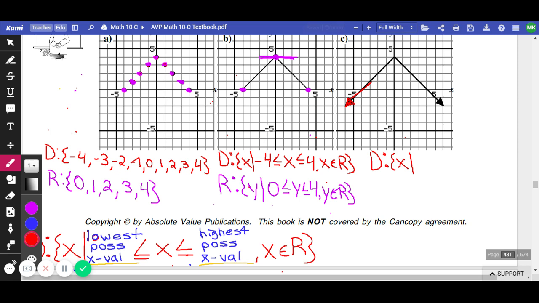And you would move on to the next spot, which would be x, and then arrow, and then highest possible value. If you look at this graph, highest possible x value means the furthest right it ever goes. It's going, it's going, it's going, and then there's an arrow. That arrow means it goes forever in that direction and never stops. Is there going to be a furthest right moment? There's not. It's going to keep going forever to the right. When you have something that goes forever to the right, you get to ignore the second arrow and the second